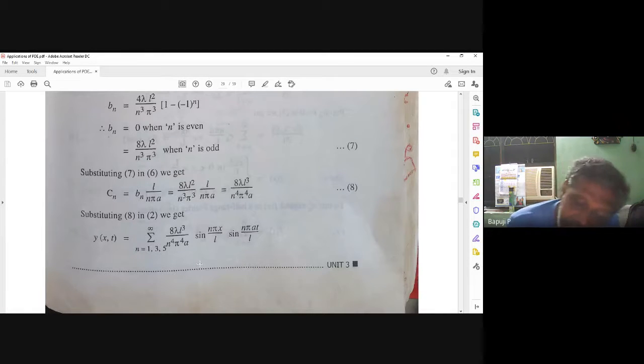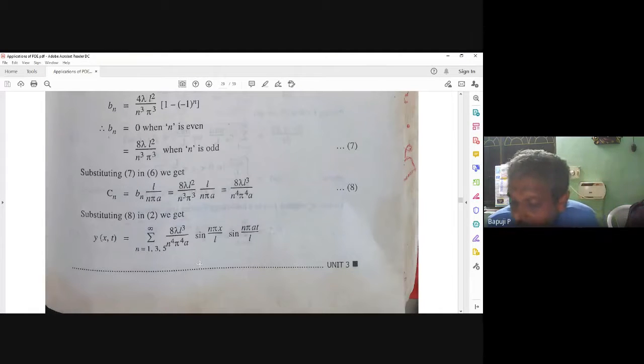Because directly x is equal to 0 means what? Cos 0 is 1. Here, after differentiating, sin becomes cos, and if you put 0 that fellow becomes 1. That is the beauty of the problem, because the fourth condition is done that way. Correct or not? So this is the story.